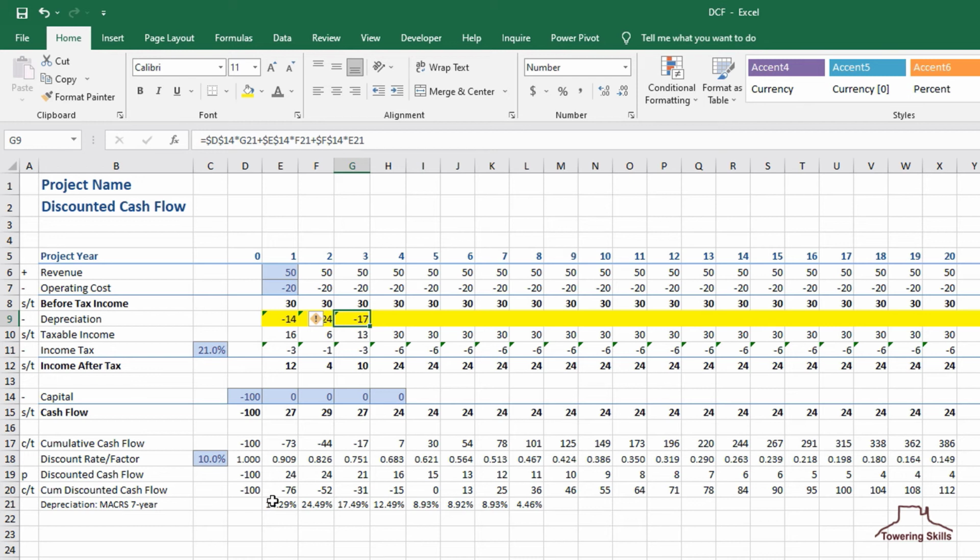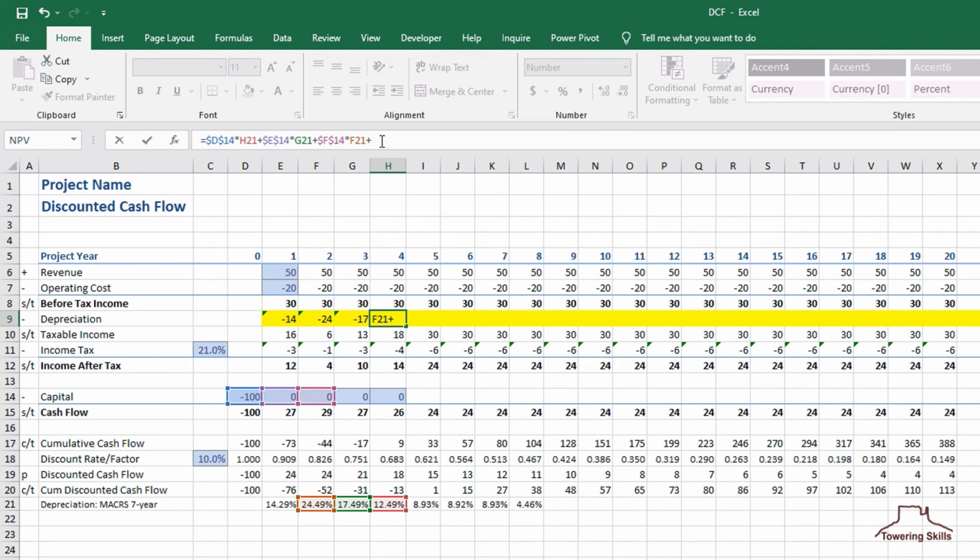We'll copy cell G9 and paste it into H9. And we'll modify the formula in cell H9 by adding a term for the capital in year 3, which will be G14 absolute times E21.